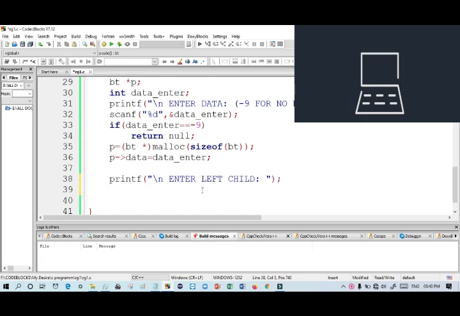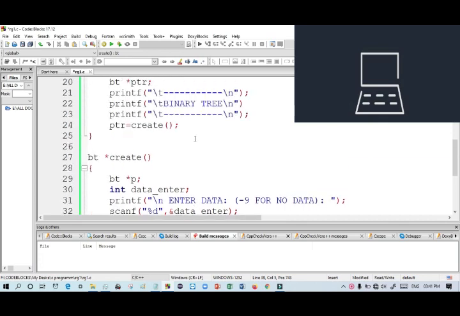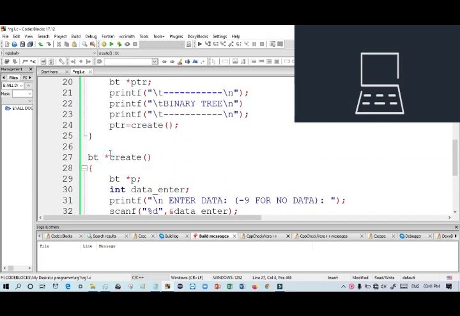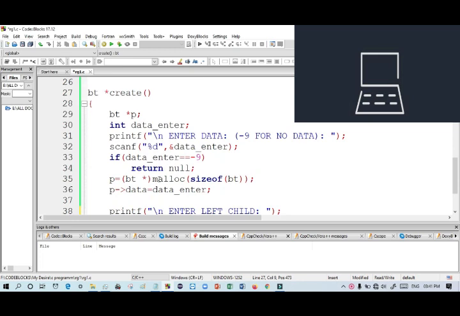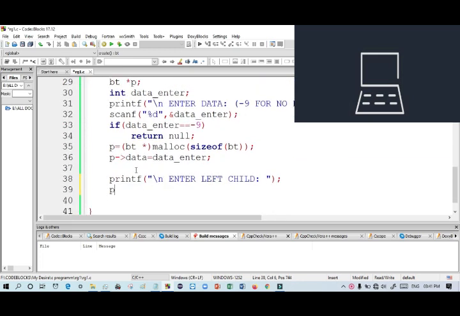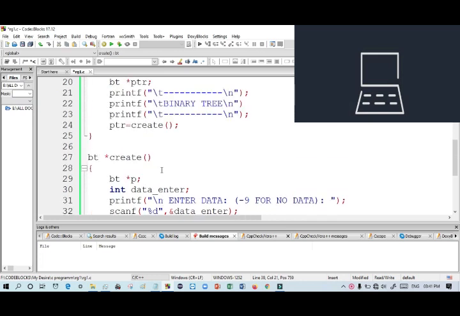Then here you have to care about one thing, you have to use recursion. What I am saying, you have to use recursion because it will call itself again and again. Then p left equals create. This function will be created because whenever the control comes here, it will go back again here.